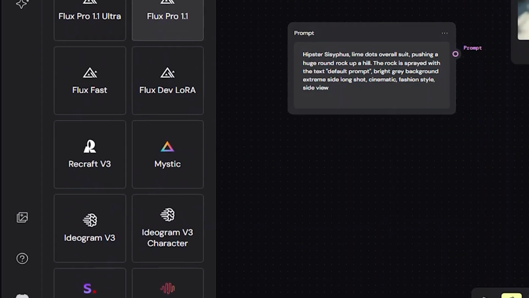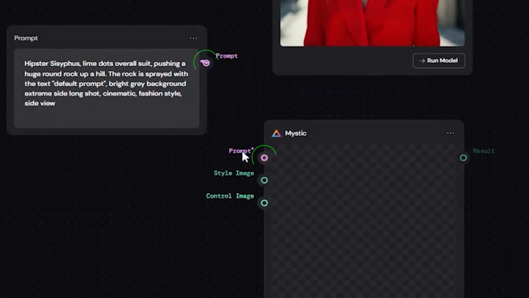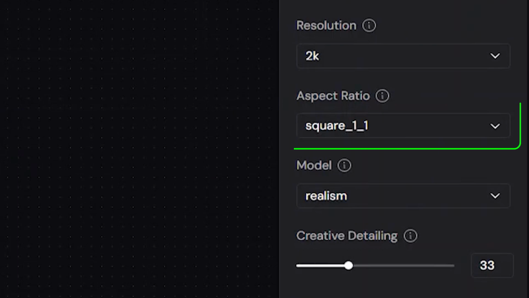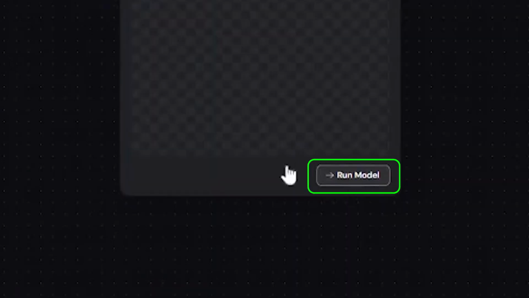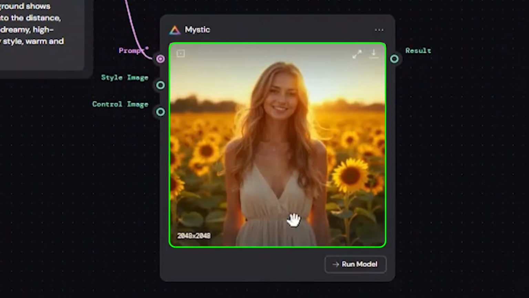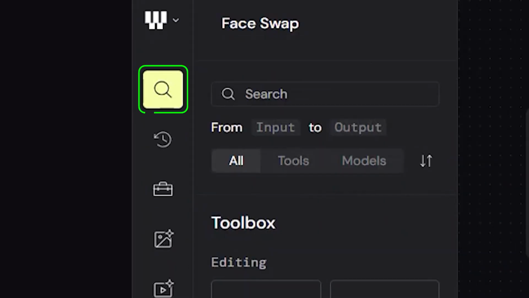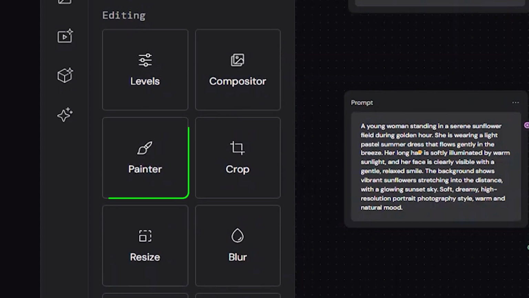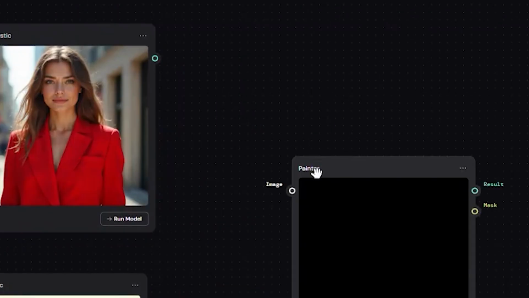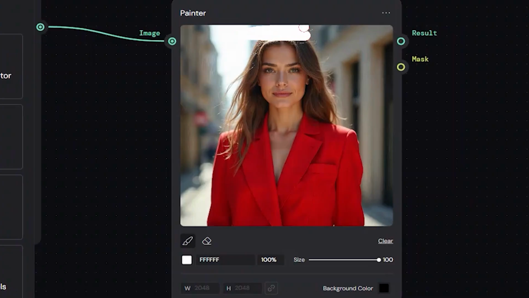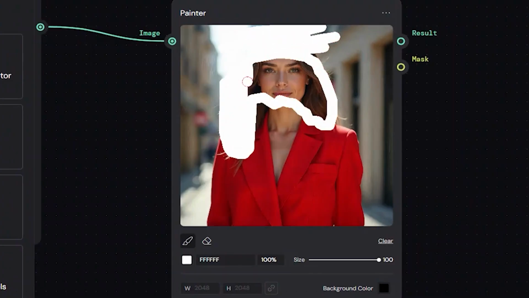For my example, I created a portrait of a female model. Next, we need the second image whose face will replace the first one. Repeat the same process. Choose your model, connect the nodes, paste your prompt, adjust the image strength or aspect ratio if needed, and run the model. Once this second image is generated, we're ready to move into the editing workflow. Open the editing section and drag in the Painter tool. Connect the result from your first image to the painter and carefully mask the face, hair, and any areas you